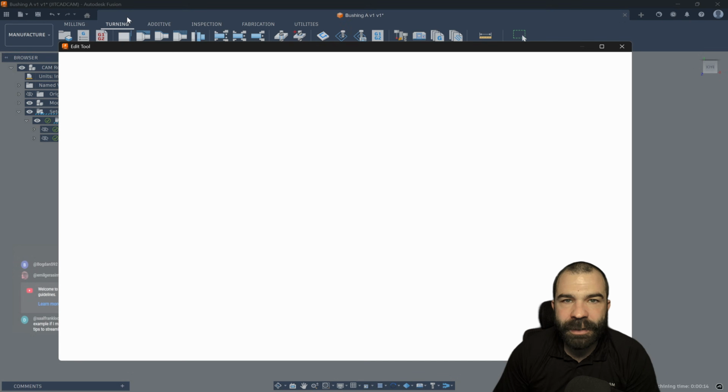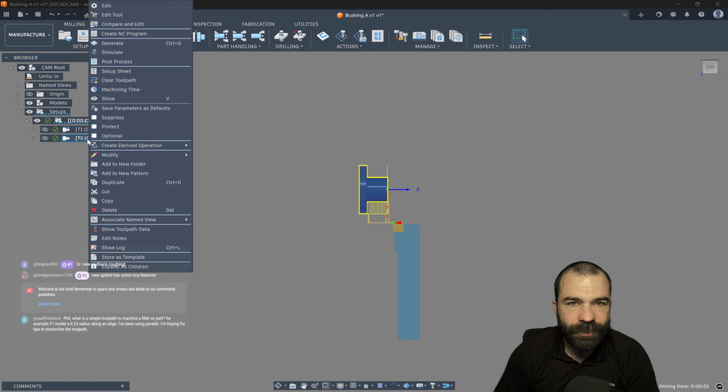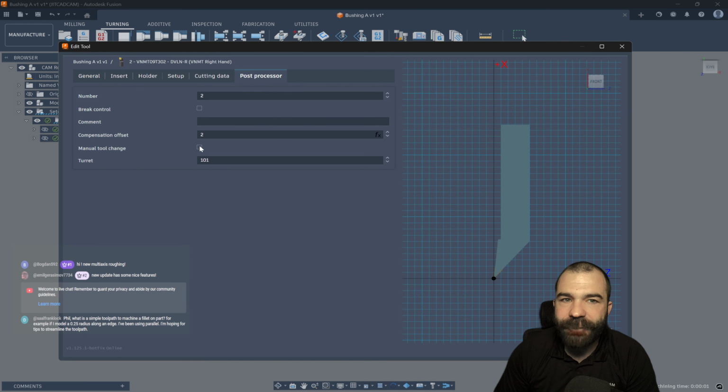So again, we'll edit our tool one more time. We're going to go post process. We're going to check the box for manual tool change. Again, we're going to edit our secondary tool. Now, we would have to do this on all of our tools if we're using a tool post. Again, getting back to the idea, guys, if you're using a gang style holder, it's not a manual tool change. We would use a different turret number, but you could use the tool post plus gang style and force manual